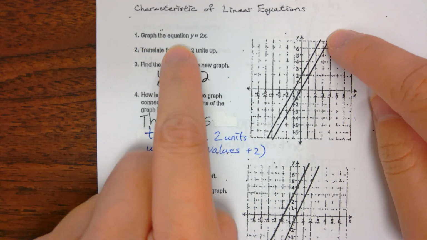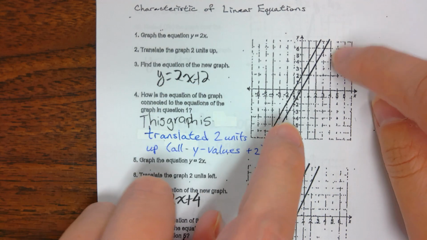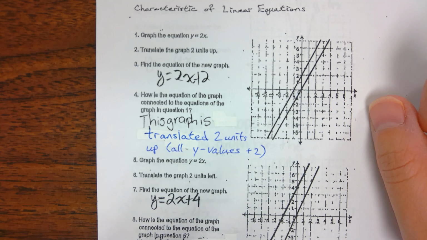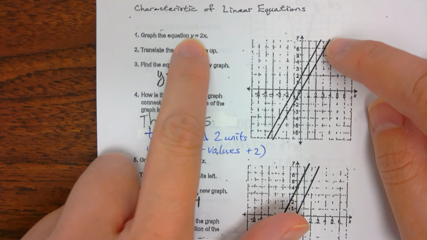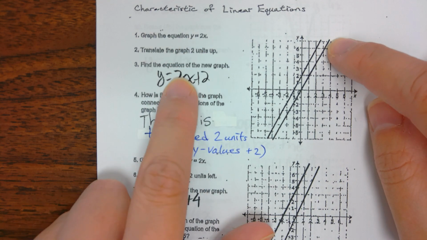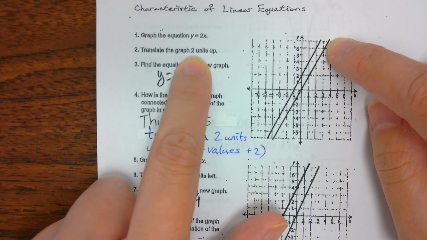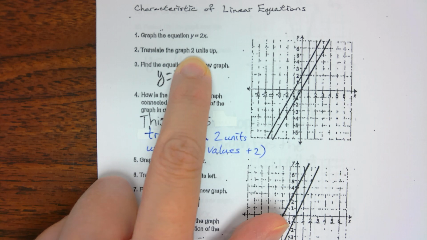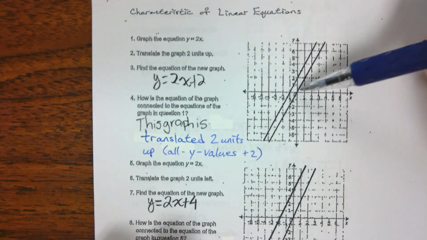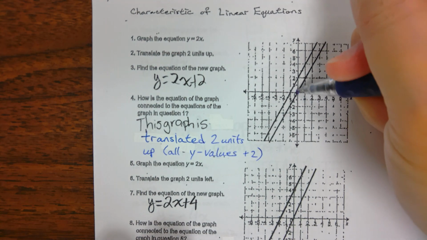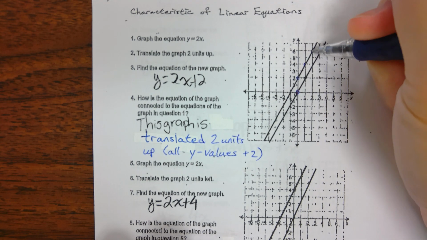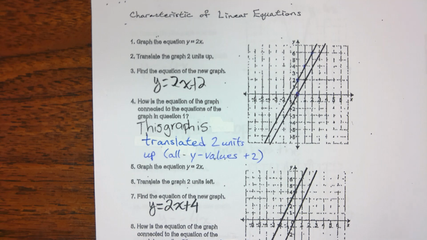When I went around, I saw a lot of you just drew one line, but then it's hard to see what the result was if you don't draw both. After you draw that, you had to translate every point on that line 2 units up. So when you move everything up, for example, this point is moved up to here, this point is moved up to here, and this point is moved up to here, and you see that you do get 2